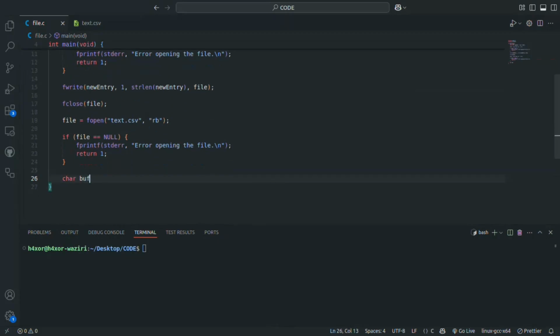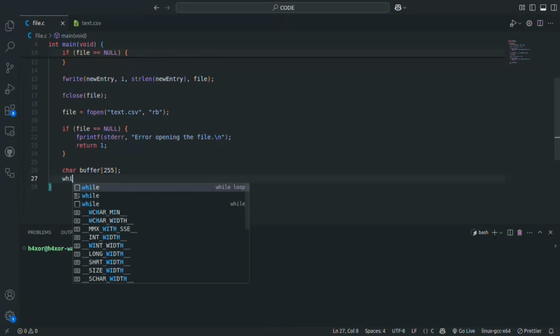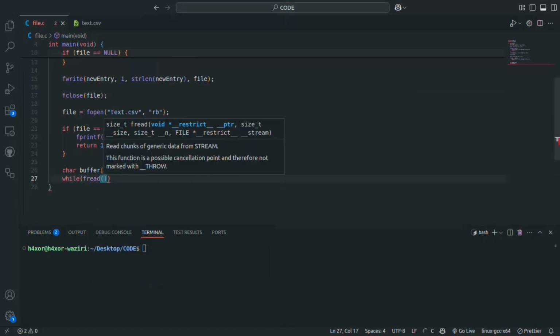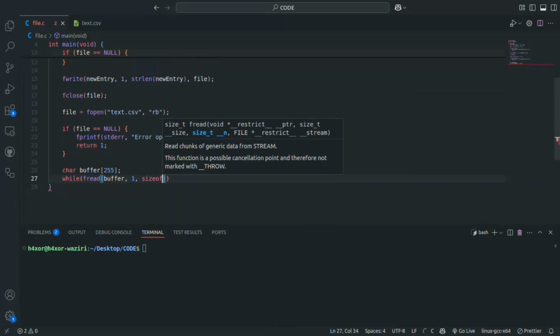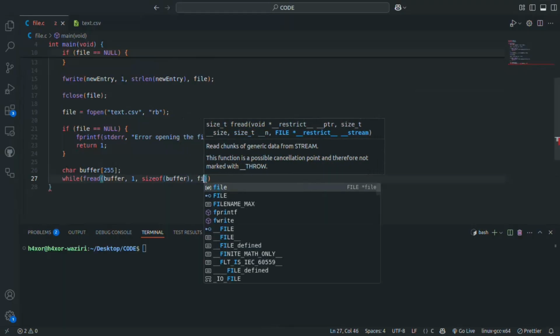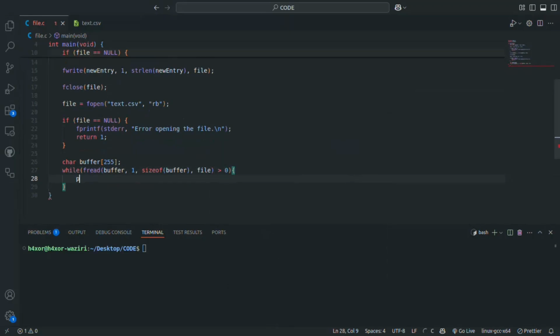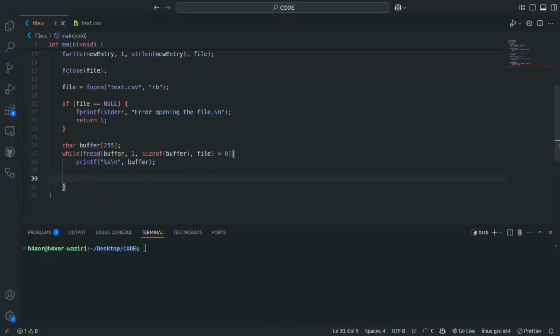char buffer[255]; then while (fread(buffer, 1, sizeof(buffer), file) > 0), go ahead and print printf("%s", buffer); then fclose(file); and last but not least, return 0;